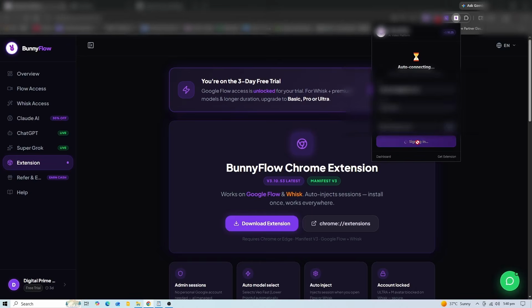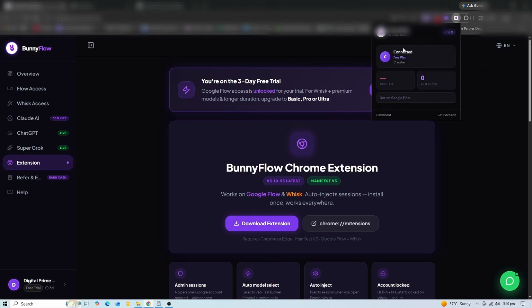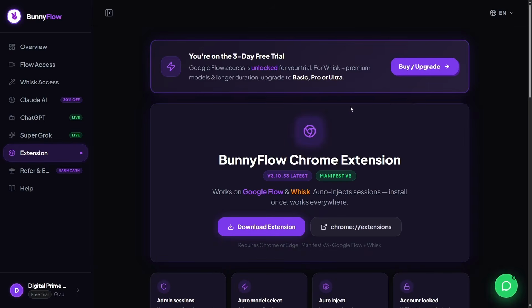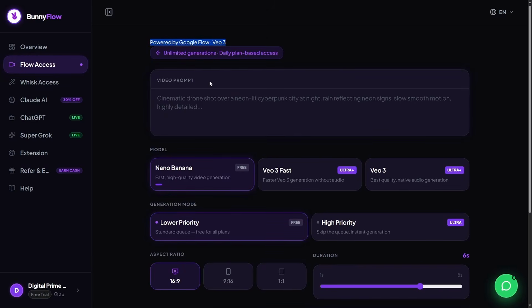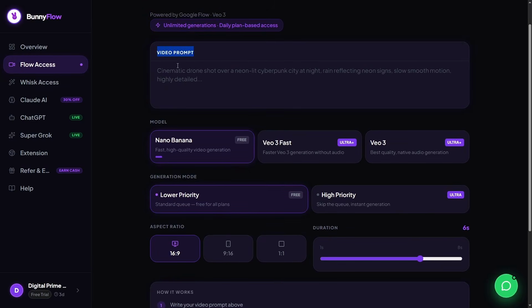Hit Login, and you are now fully set up and ready to go. And it didn't cost you a single penny. Look over on the left side of your screen and click on Flow Access. You'll see a message that says Powered by Google Veo 3, and right below it, a blank prompt box waiting